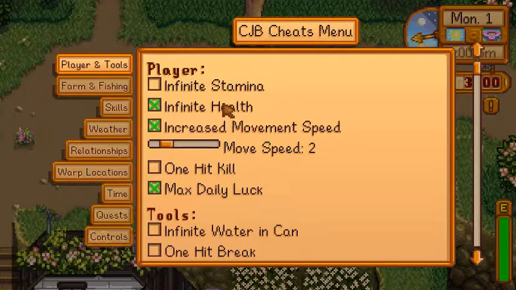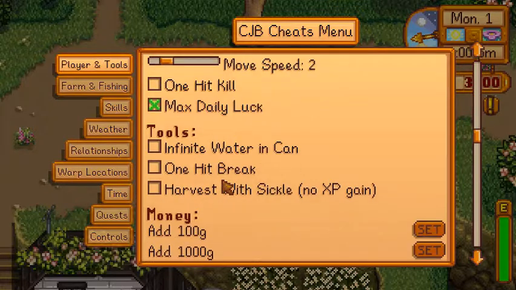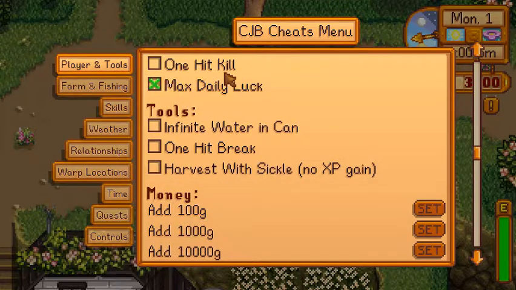You can also do infinite health and infinite stamina if you want to go mining forever. Obviously, forever until time limit. You can change your daily luck to maximum, so you can always be lucky. I always feel lucky. You can also do one-hit kill. I don't have that on, I don't see the point. You could easily get the Galaxy Sword, and then practically everything is one-hit kill. The only time you may use that is if you really are in skull caverns, you want to get down